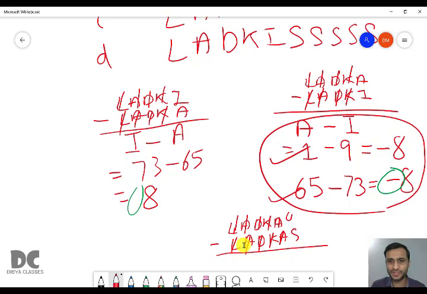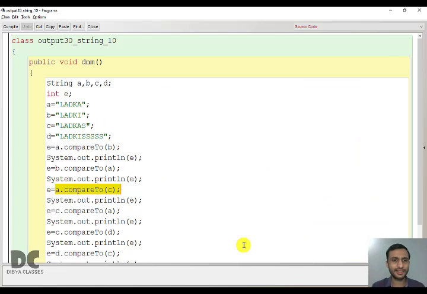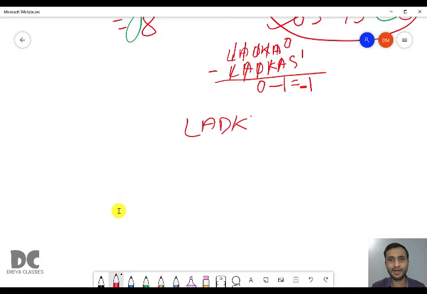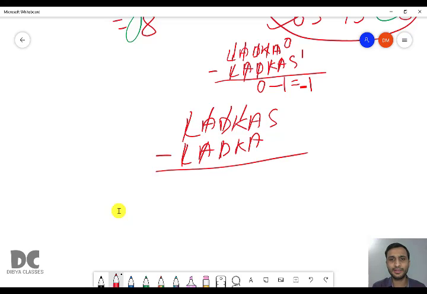In the first case 0 and in the second case 1. So the answer is 0 minus 1, that is -1. In the second case, we are comparing the opposite, C with A, that is ladkas minus ladka. LADKA cancels. In the first you have 1 character left, in the second 0 characters left. So 1 minus 0 equals 1.